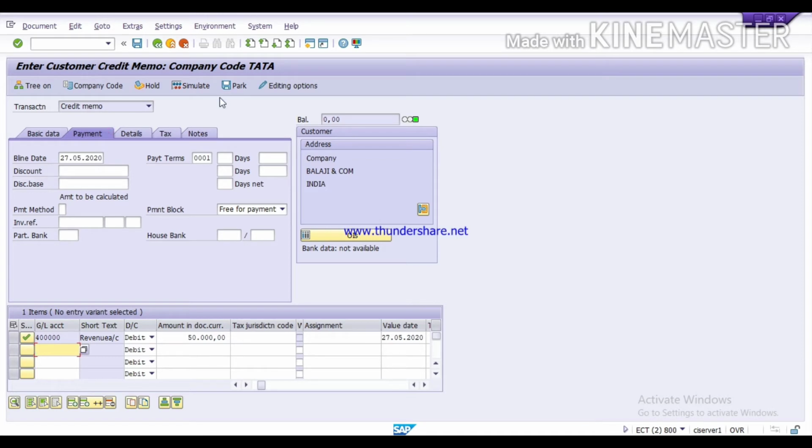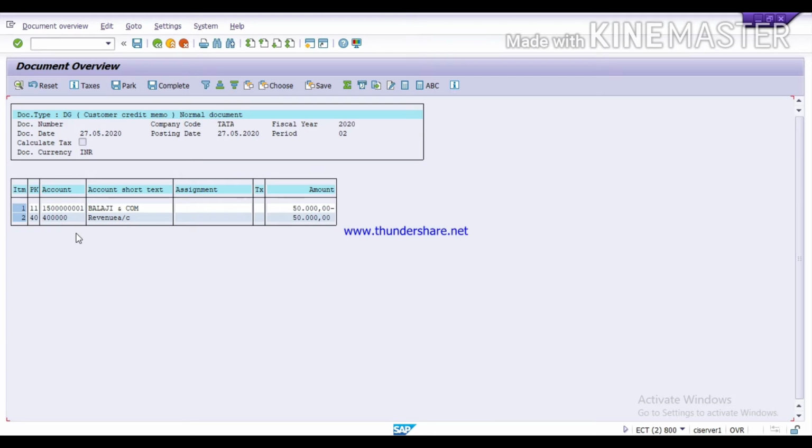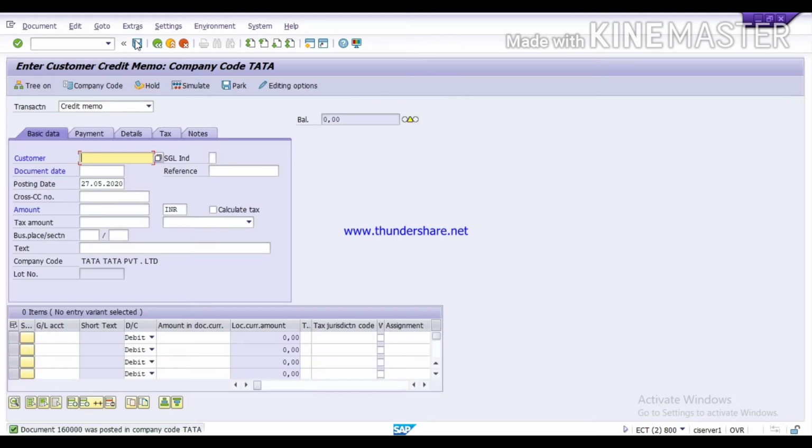If you want to simulate it first, click on simulate the document. Here you can see 40 posting key is used to debit the revenue account and 11 posting key is used to credit the customer account. Now click on post. Here you can see the document was posted.